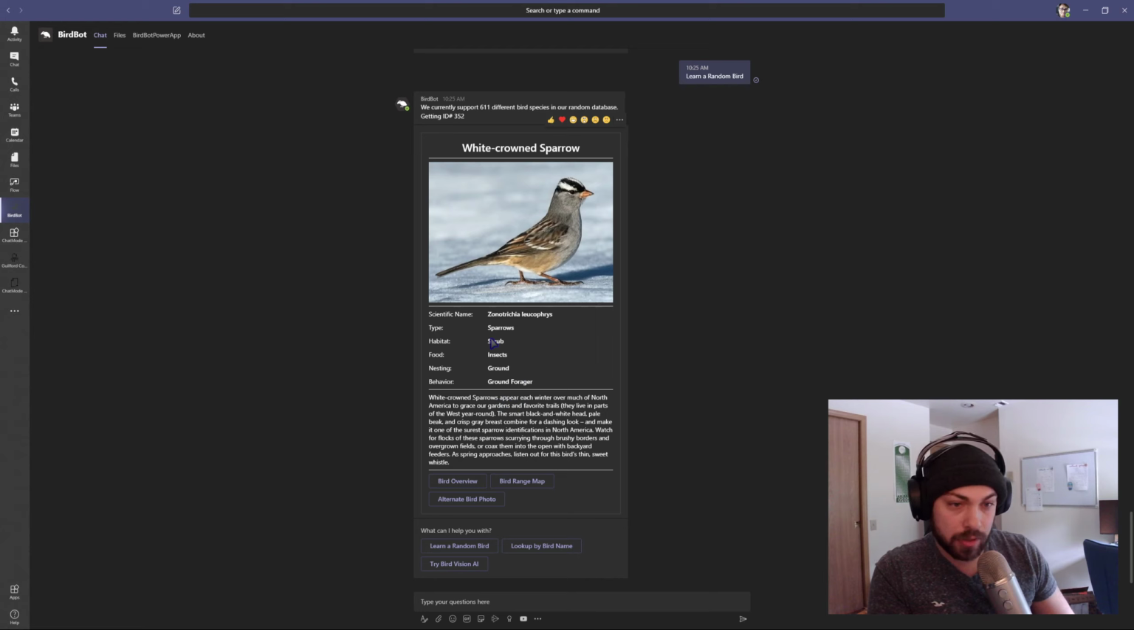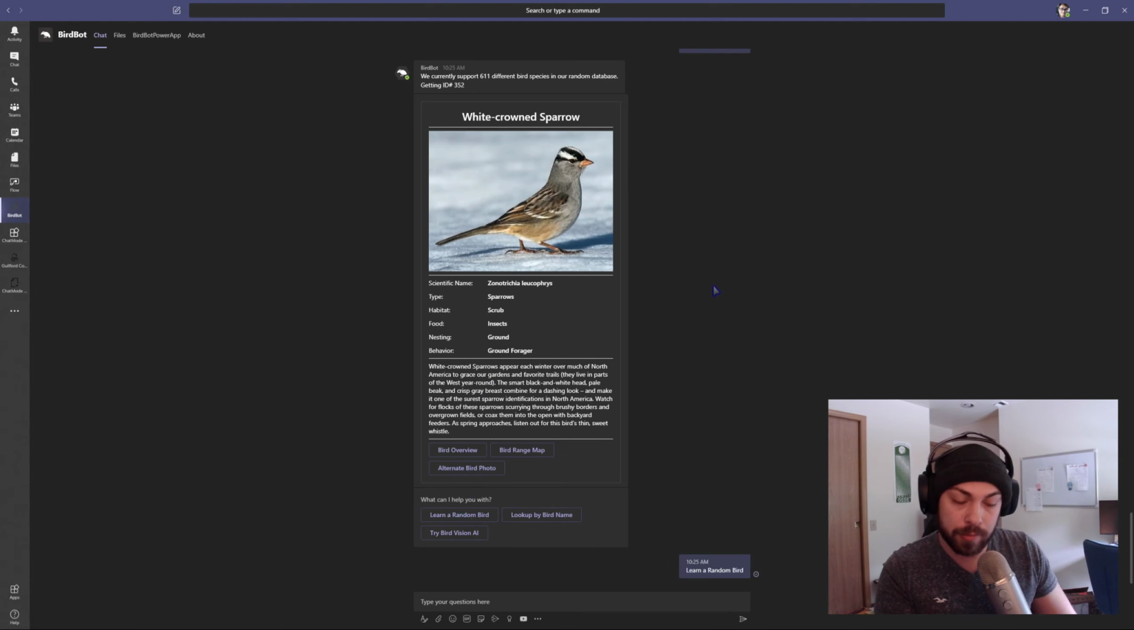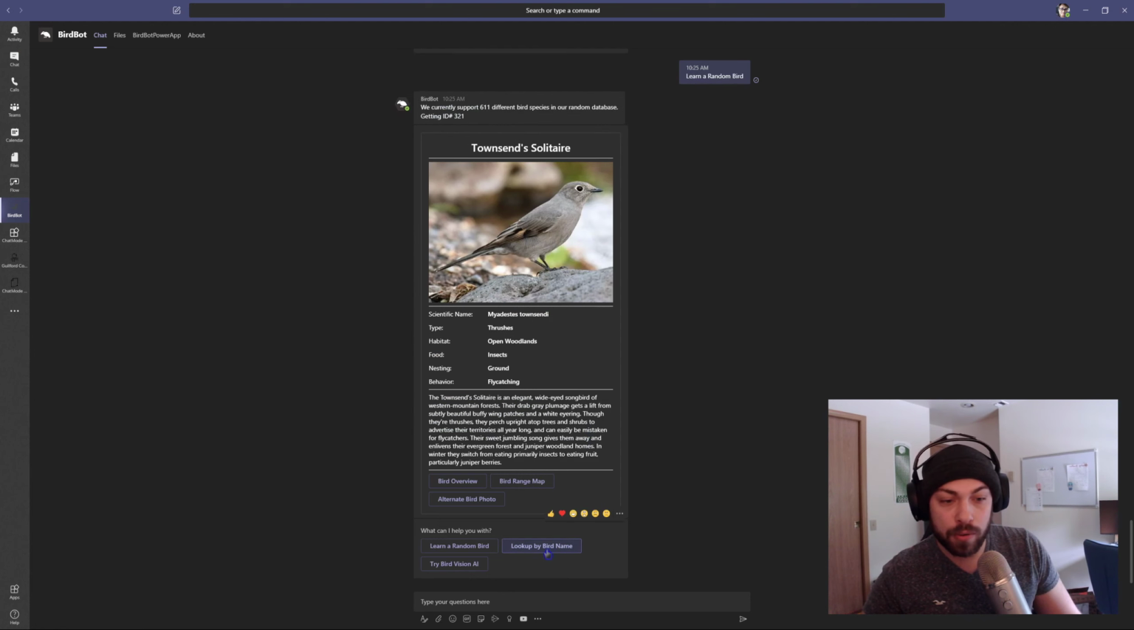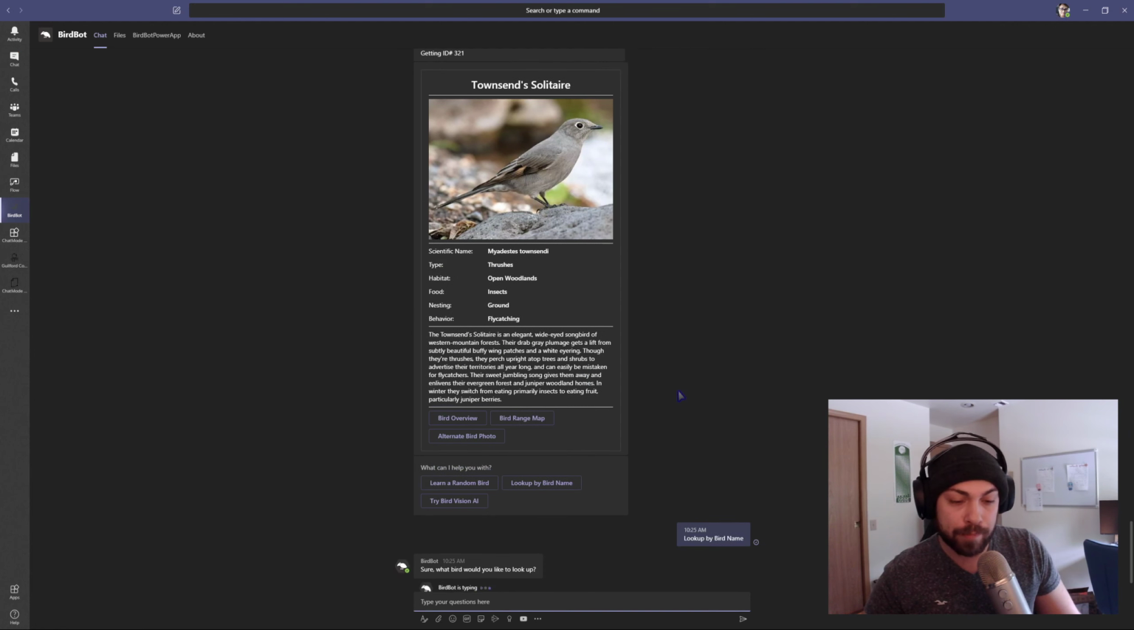See them all the time. They're a sparrow and they eat scrubs. So if you're interested in learning about birds, this may be a good way to learn about random birds. But if you also know a bird by name, let's just assume you do, you're an ornithologist in training